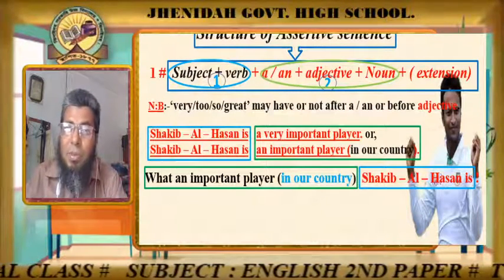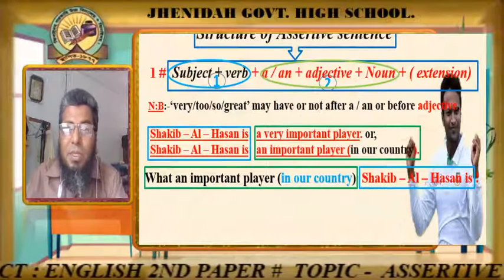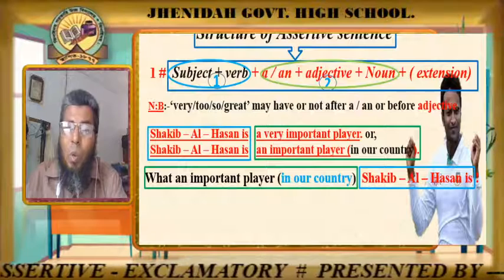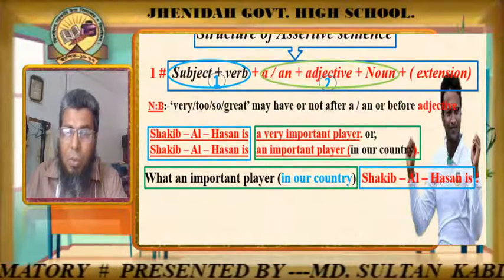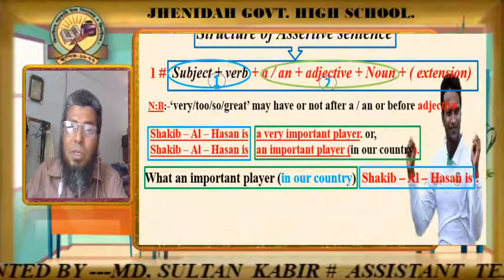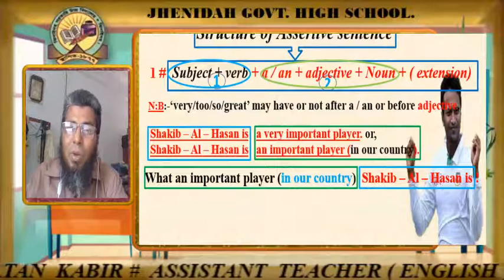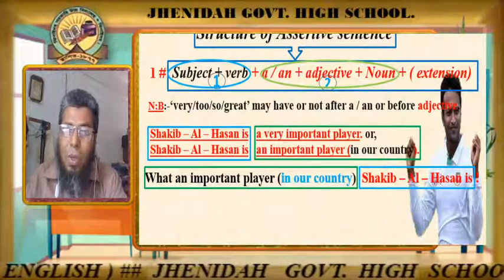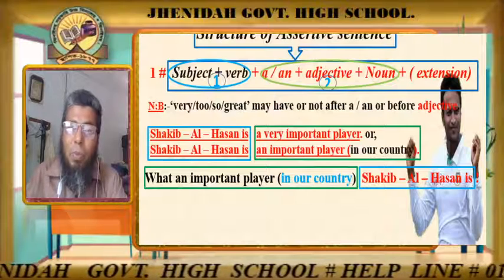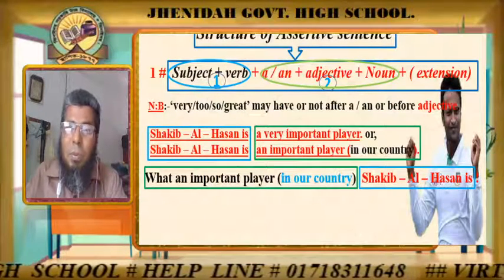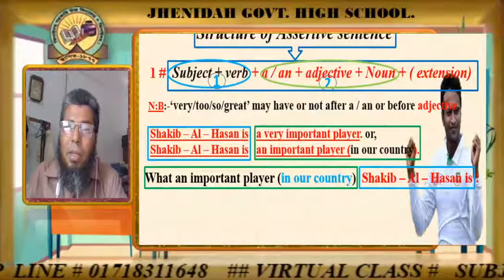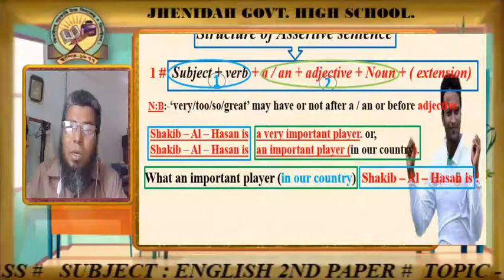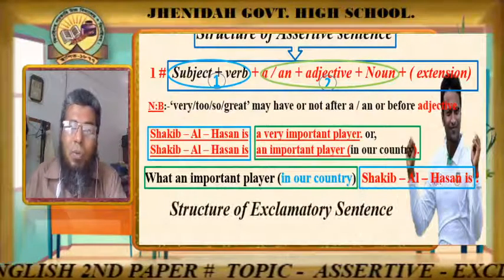শিক্ষার্থীদের মনে রাখতে হবে যে অ্যাসার্টিভ সেন্টেন্সে ভার্বের পরে যদি এ বা এন থাকে তাহলে আমরা এক্সক্লামেটরি করার সময় শুরুতেই হোয়াট লিখব। এবং তারপর ওই অ্যাসার্টিভ সেন্টেন্সের দ্বিতীয় অংশ, মানে এ বা এন থেকে শুরু করে বাকি অংশ, আমরা ওটাই লিখে দেবো। ক্লিয়ার? এরপরে প্রথম অংশ, সাবজেক্ট প্লাস ভার্ব, এটা আমরা লিখে দেবো। এবং অ্যাট দ্য এন্ড অফ দ্য সেন্টেন্স দেয়ার মাস্ট হ্যাভ অ্যান্ড মার্কস অফ এক্সক্লামেশন। এখানে অবশ্যই একটা বিস্ময়সূচক চিহ্ন থাকতেই হবে।